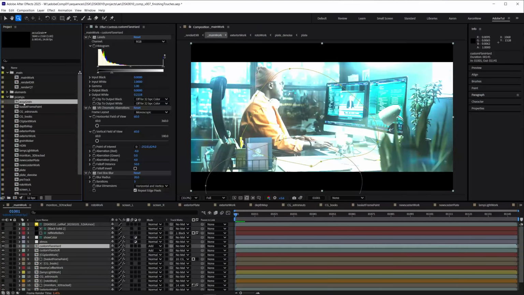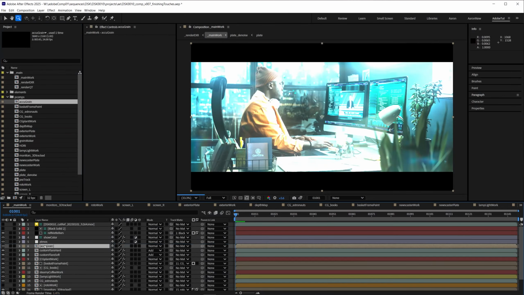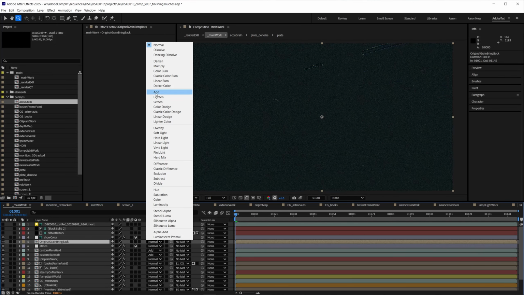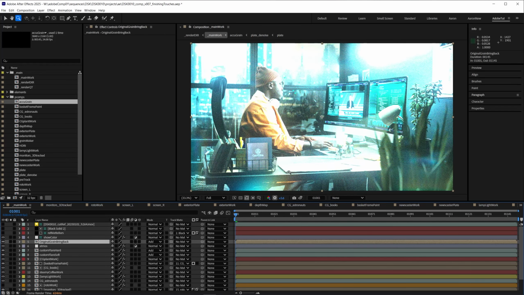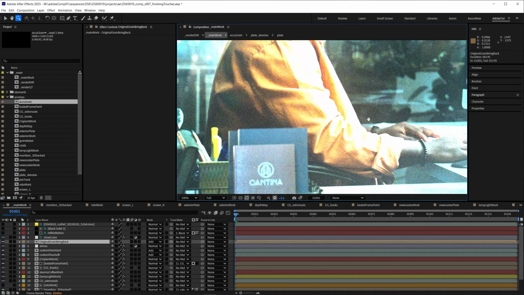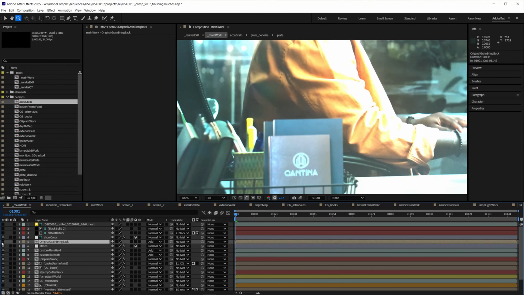So let's go ahead and bring in this pre-comp. We can call this AccuGrain, is what I just like to call it, but we can call this original grain bring back. The blending mode that you want to put it back on is going to be add, subtract, then add. And as soon as we've done that, you can immediately see the difference here as we bring back